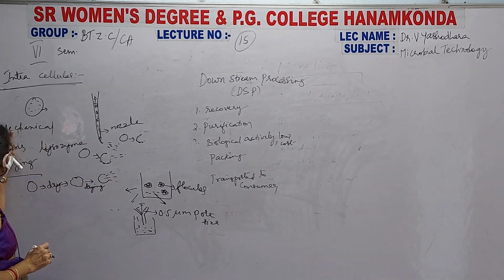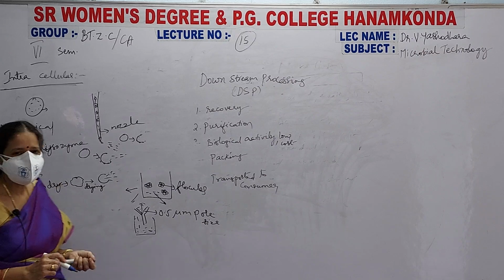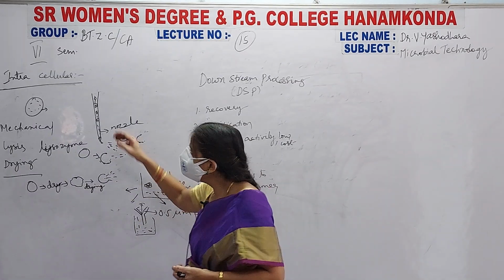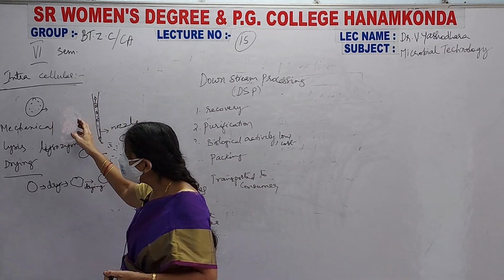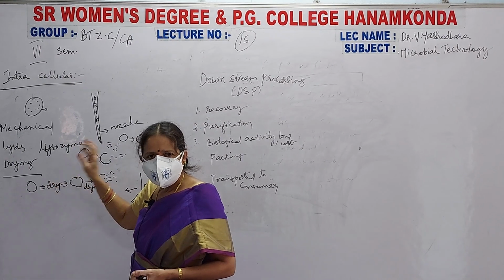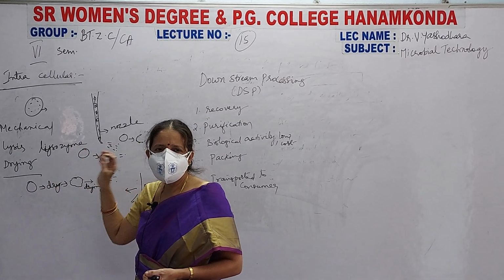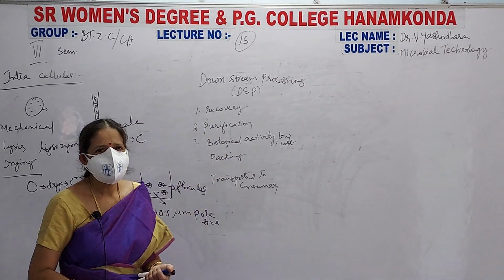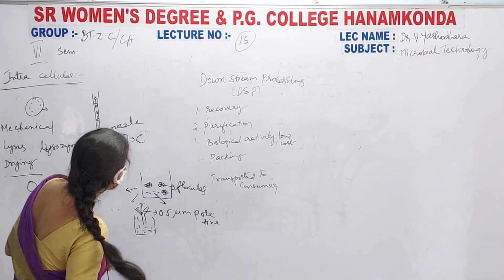These are the three methods of intracellular recovery of the product: by means of mechanical method, or by lysis, or by drying. Okay, mechanical method, drying, or lysis, these are the three methods you can follow for the intracellular enzyme recovery. Now coming to the next one,